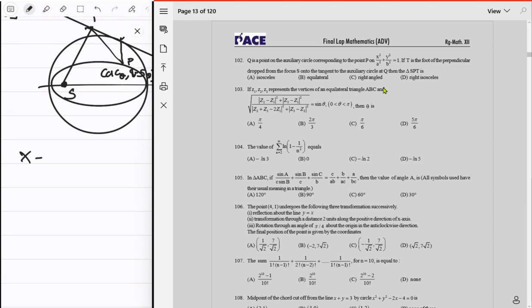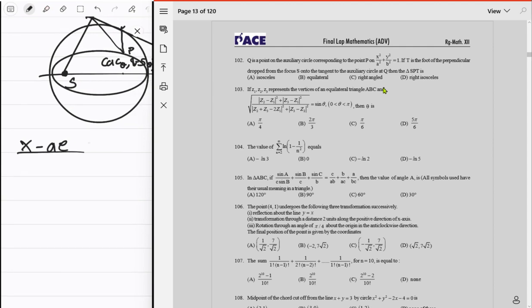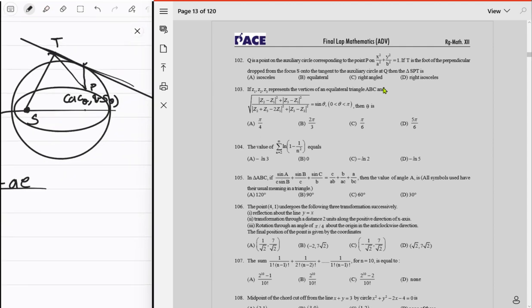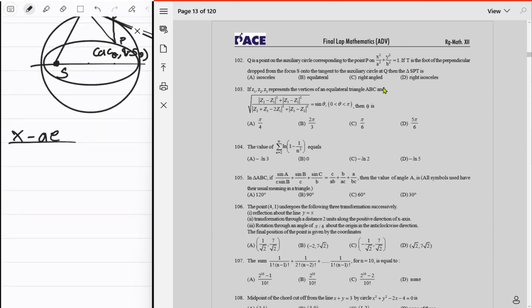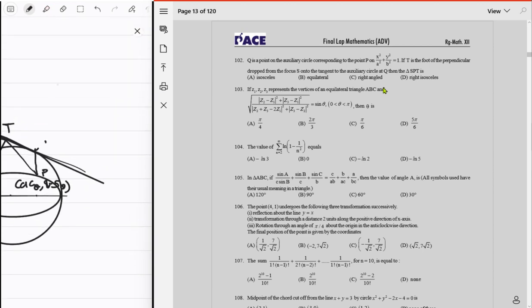So not this one, let's use this focus, who cares? It's just x minus a e upon, well, what is its normal? Normal vector is just this vector, right? So it's just cosine theta comma sin theta, that is the normal vector. So upon cosine theta, this is going to be x cosine theta plus y sin theta,